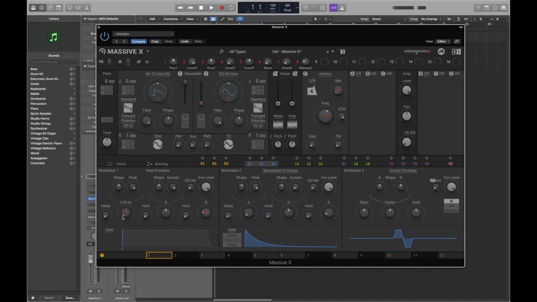So if we wanted to have more of a fade-in sound on Massive X, we would raise this knob here. Or really long fade-in. Now, if we wanted a long decay, we can set that there, but it's currently not going to do much because our sustain is right there. So if we lower our sustain down,